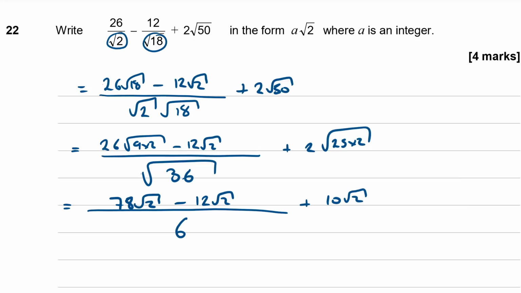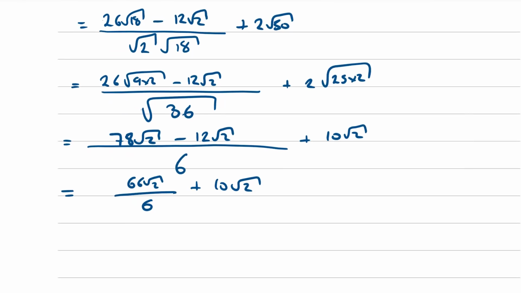Okay, now this is working out nicely. So 78 root 2 minus 12 root 2. Well, if you've got 78 of something, you take away 12 of that same something, it's going to leave you with 78 take away 12, which is 66. So I'm going to get 66 root 2 over 6 plus 10 root 2. So then I can divide my 6 into my 66, leaving 11. So that's going to give me 11 root 2 plus 10 root 2,